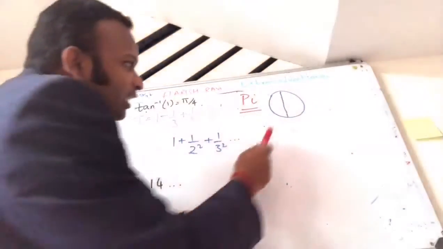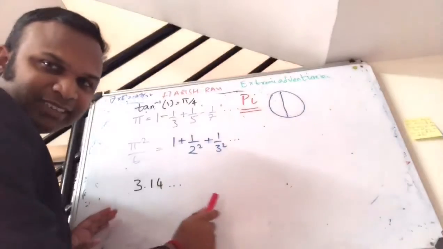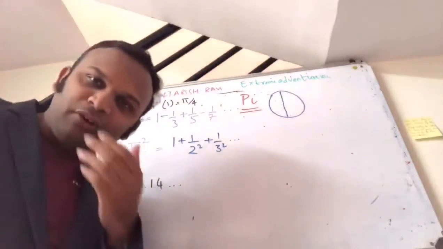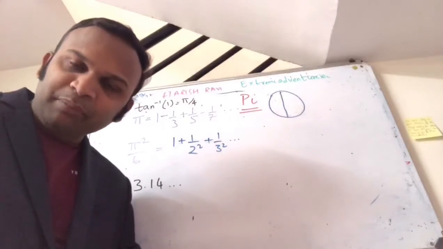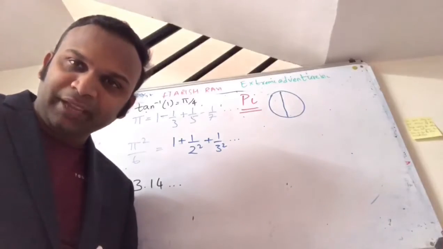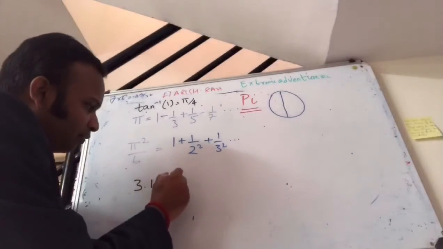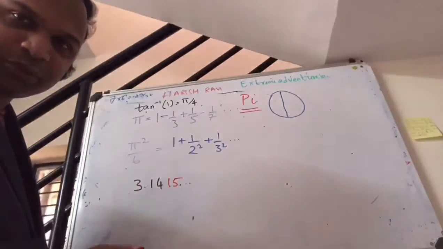Today I'll be talking about pi. Pi is the ratio of circumference to diameter, and it's 3.14 and so on, and it's irrational. I have found pi in about 4 methods, and I used a computer simulation and ran it for one day and evaluated 8 digits of pi. Now, 3.1415 and so on.